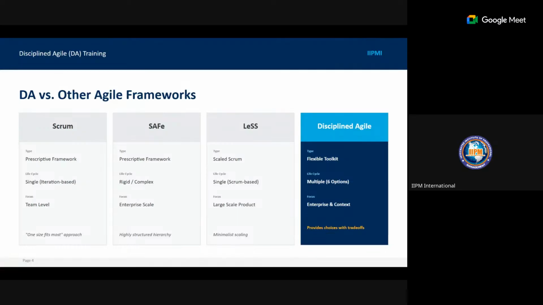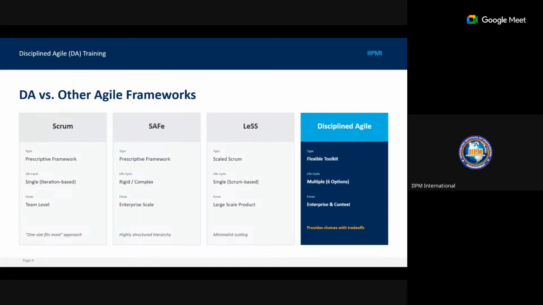So we have Scrum, which is a prescriptive framework, and its iteration type is single, and it flows at the team level. SAFe is also a prescriptive framework, but its life cycle type, as compared to Scrum, which is flexible and iterative, is rigid and complex.